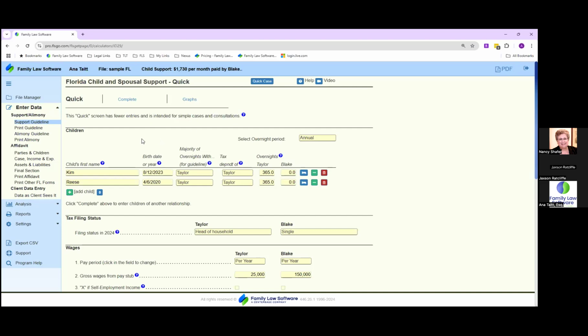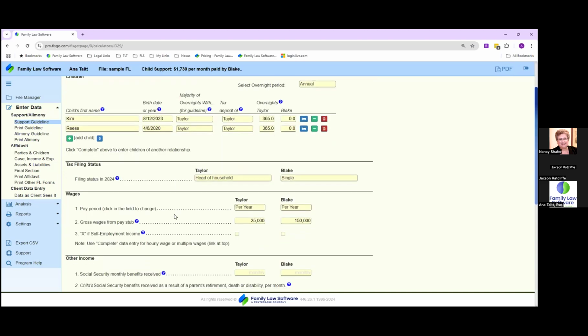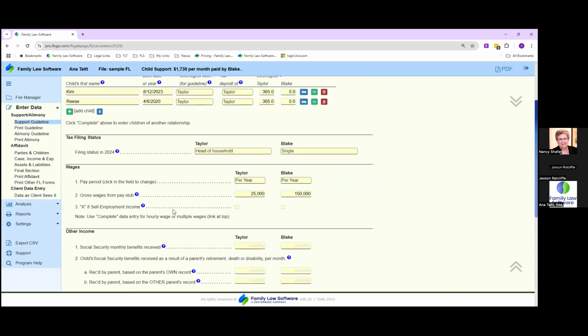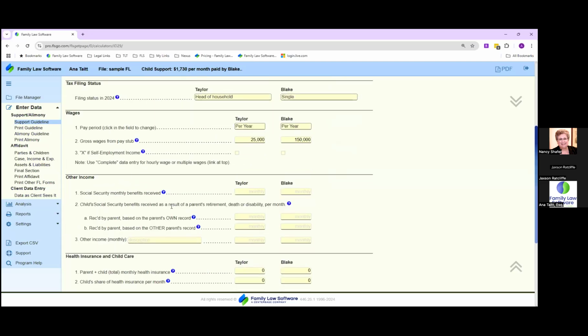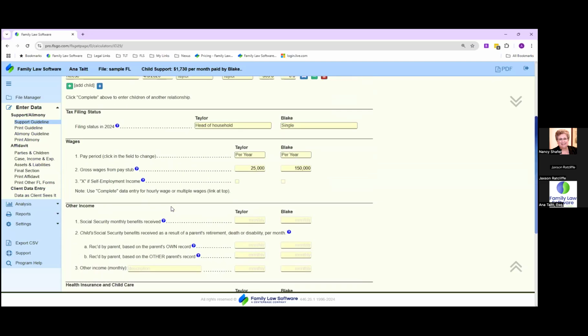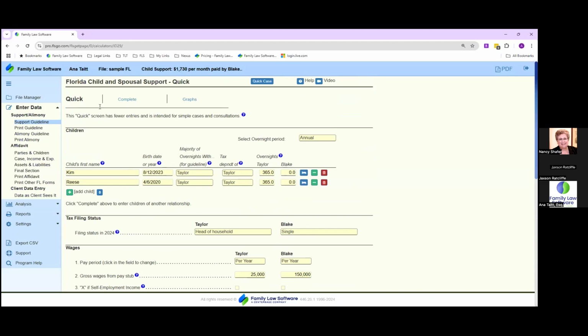And so what you're going to see is you can easily add children. In the sample file, we have Kim and Reese. And if it is just a simple case, two W-2 parents, this can go pretty far, okay? And then what you'll see also is that child support is a live number at the top. So right now, child support is about $1,700 and it's being paid by Blake. But maybe your case is a little bit more complicated. And so if you click complete,